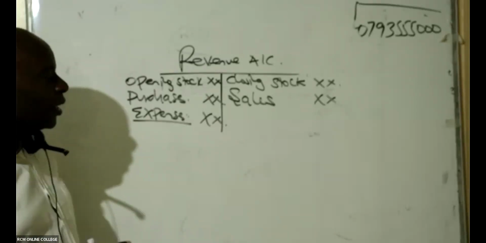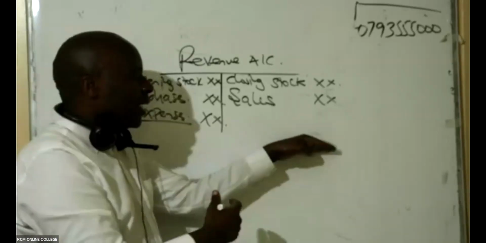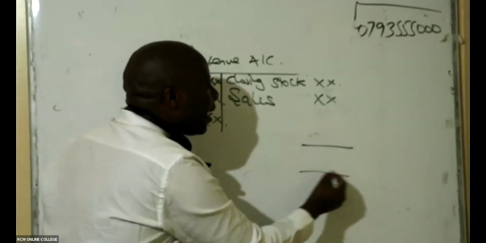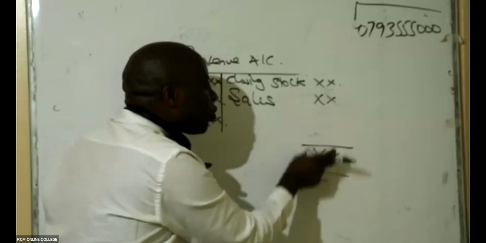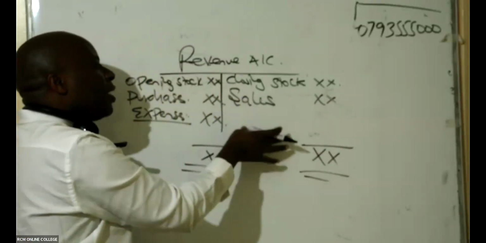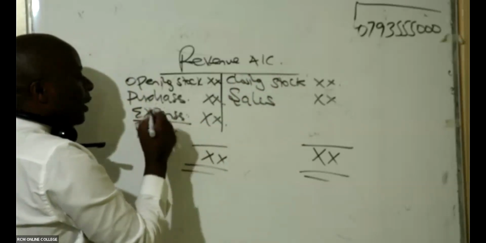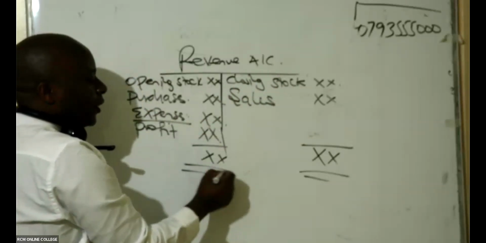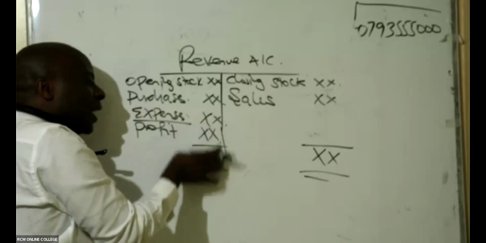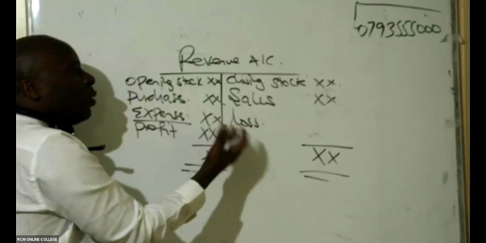Now, please listen. Whenever this side is bigger, then we're going to have this side total coming here. And if it is this side of revenues that is more, then you're going to have a profit here. And of course, if it is this side which is bigger, then on the other side, we're going to have a loss from our